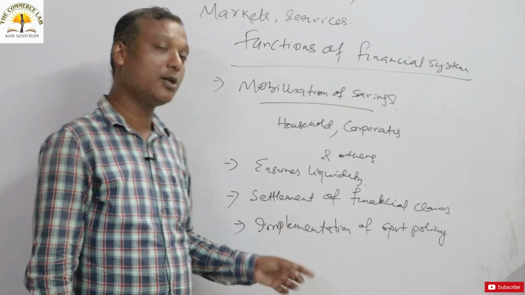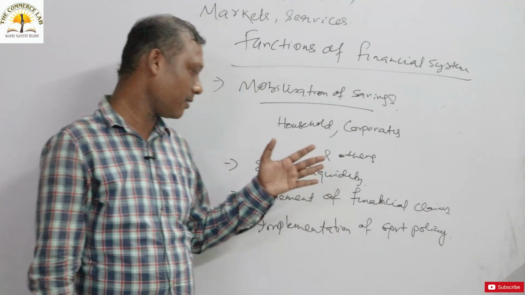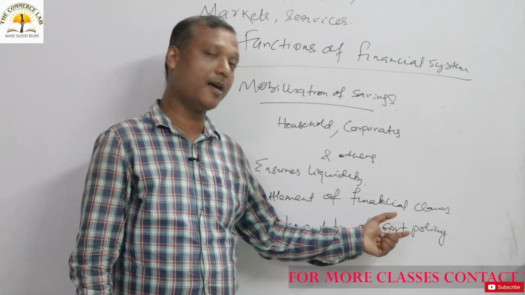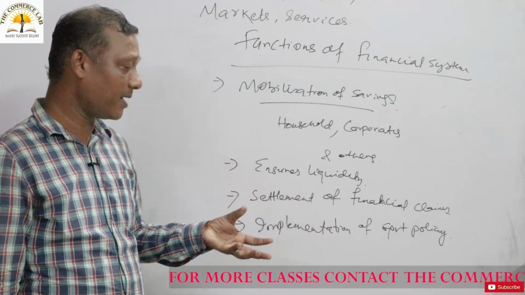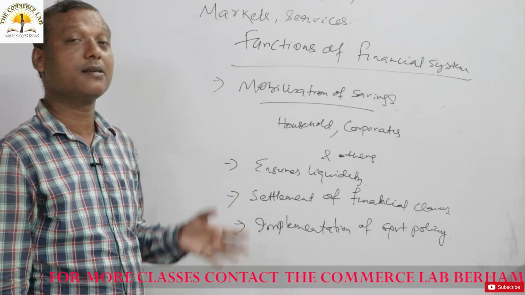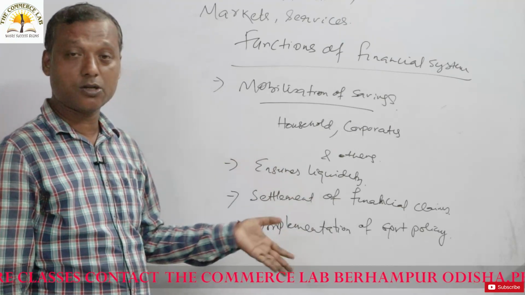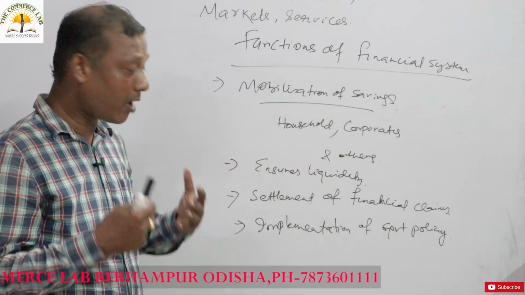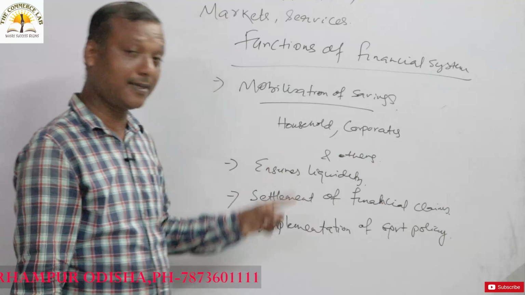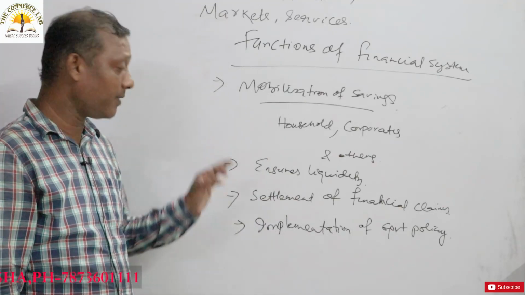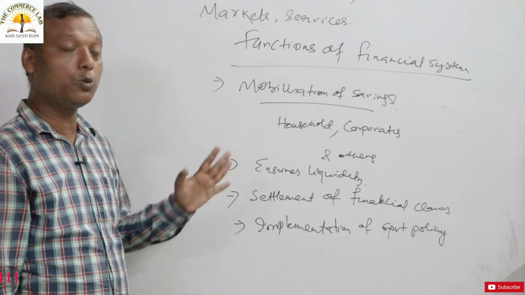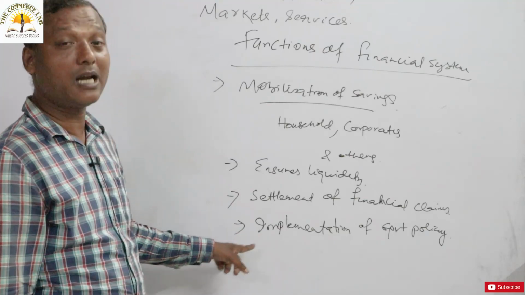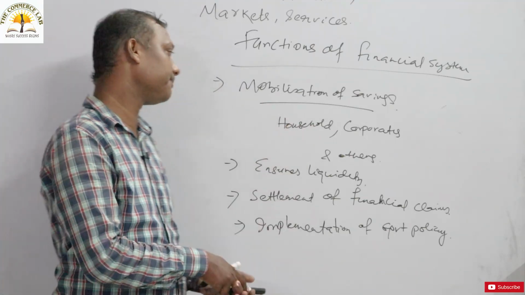The financial system is there to check, to monitor, to implement, to execute each and every financial policy of the government. So implementation is a very important point you should understand, because we have different sectors. We have agricultural sector, industrial sector, private sector, public sector, and different types of infrastructure. We are making huge investments. So the financial system should always be ready to implement each and every policy laid down by the government. This comes as your number 4 function of the financial system.